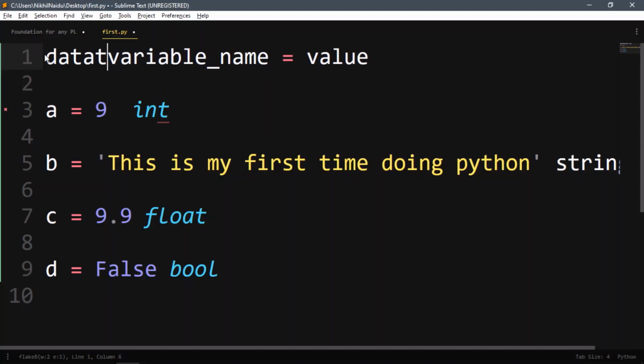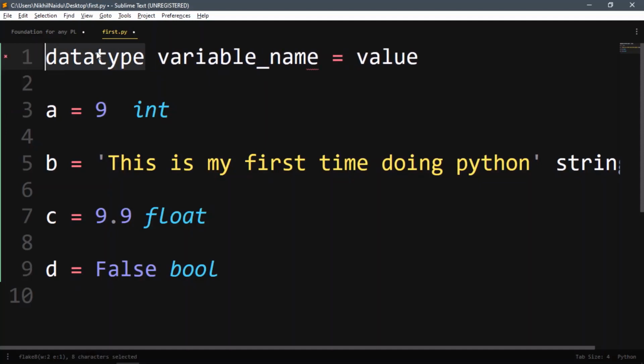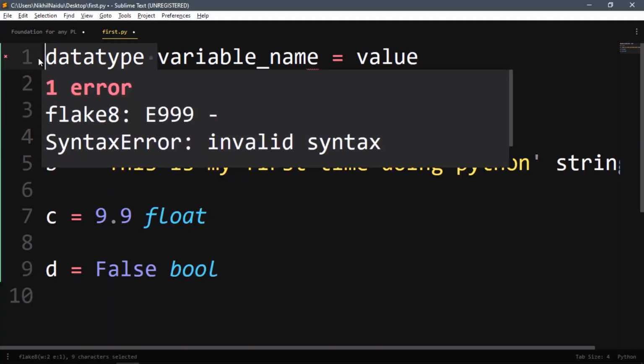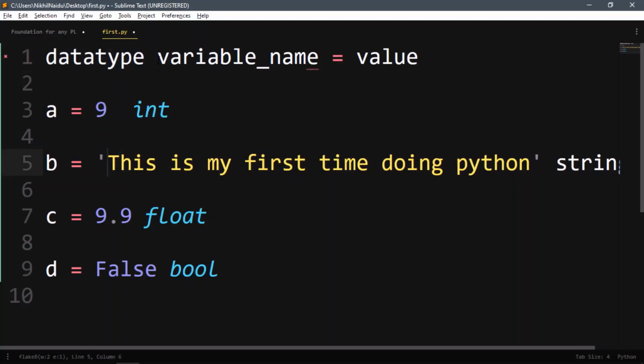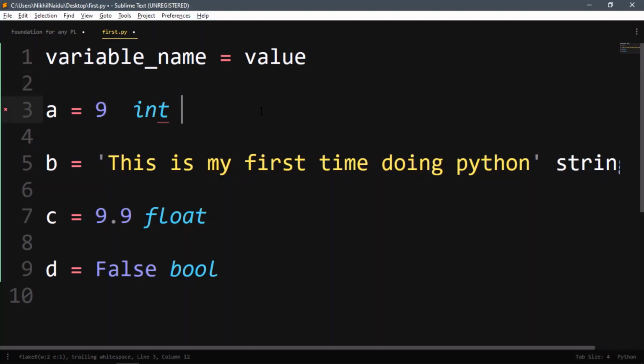We specify the data type and the variable name, which will have the value, and the type of this value should match the data type that's been declared. But in Python, we don't have anything like that. So we don't have to worry about it, but you always have to know it when you're doing Python, when you're doing programming. So this is what variables and data types are.